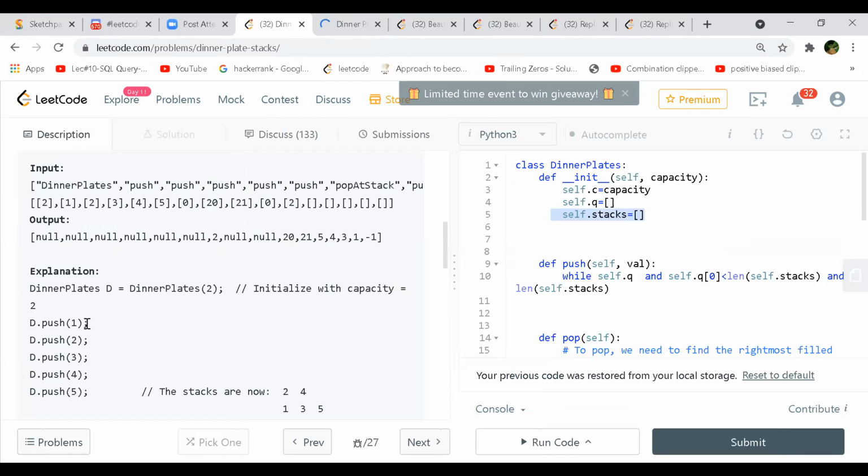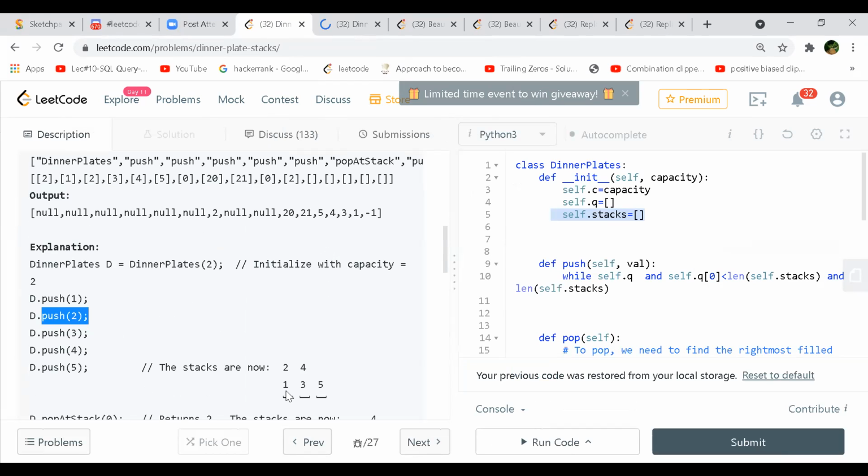Okay. So it's simple, you have to follow the rules, right? Let's say the capacity of the stack is 2. So we are pushing 1 and we are pushing 2. So 1 and 2 are pushed in this stack. The size of the stack is always 2, right? Then 3 and 4 we are pushing, so 4 will go on the top, and at last we are pushing 5.